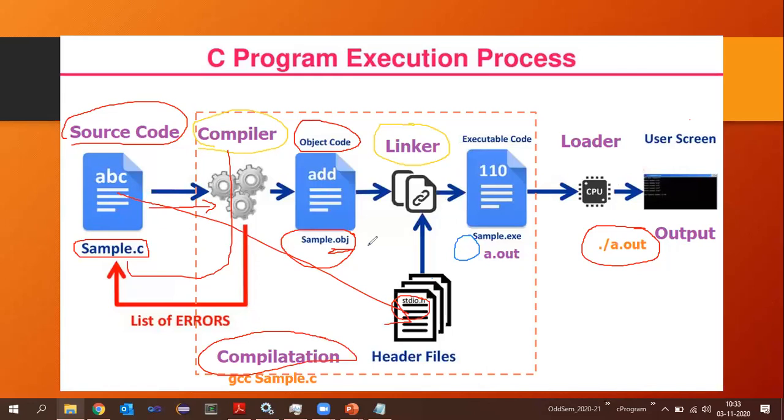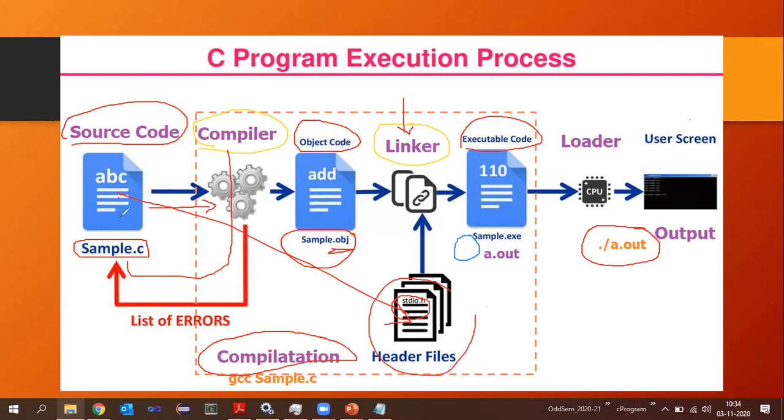Before the executable file is created, there comes another software called a linker. As the name suggests, it tries to establish a link between the source file and the header file.